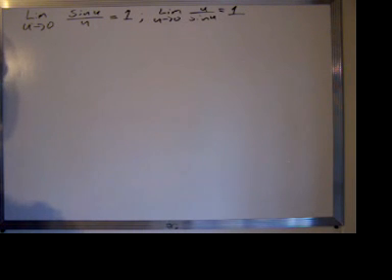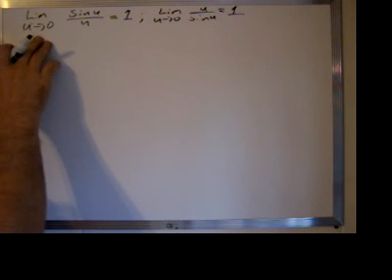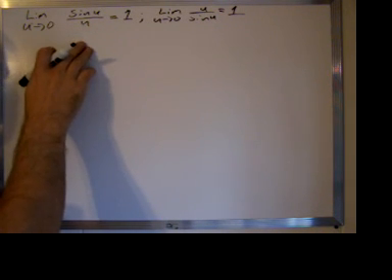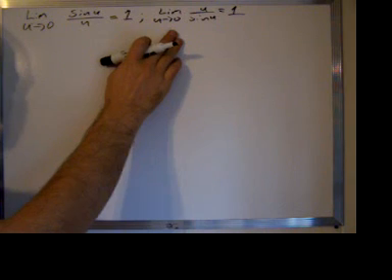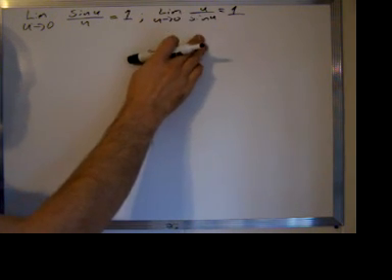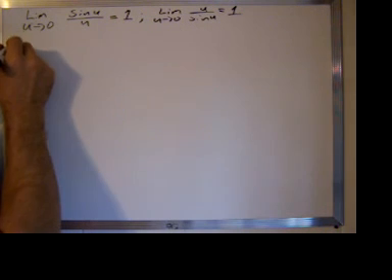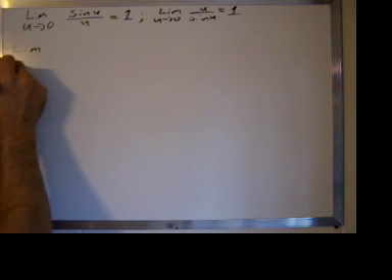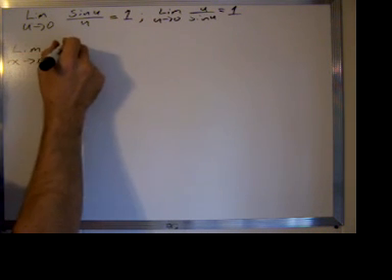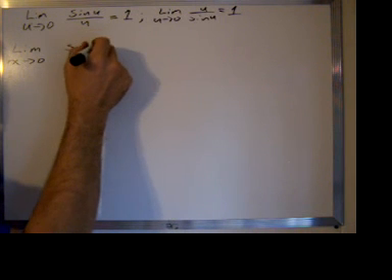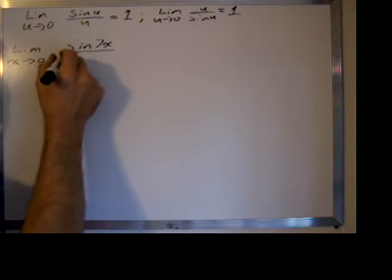When we evaluate the limit, we're going to use two limits that you should have memorized: the limit as u goes to 0 of the sine of u over u equals 1, and the limit as u goes to 0 of u over the sine of u equals 1 as well. And the limit we're going to evaluate is the limit as x goes to 0 of the sine of 7x